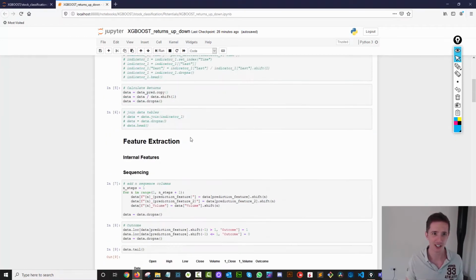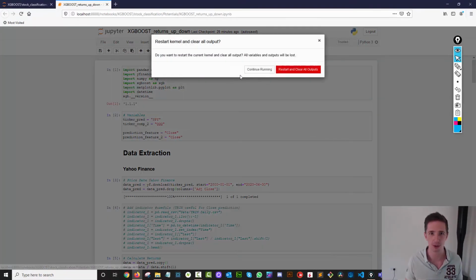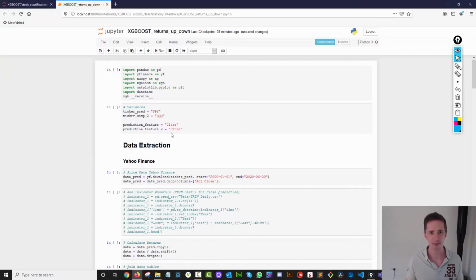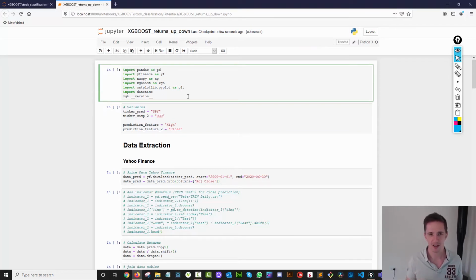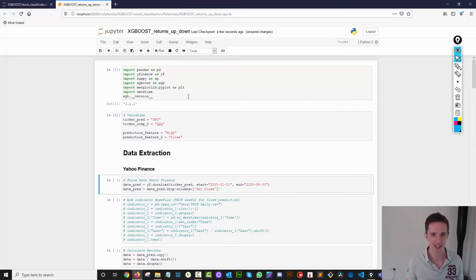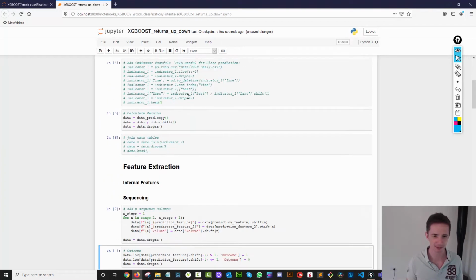Now, let's actually look at the good stuff. So the first change I want to make, and I'm going to reset all of this: instead of predicting the close, we're going to predict the high. So instead of telling the model, hey, I want you to predict whether tomorrow will be up or down from a close perspective, let's predict it from a high perspective. So let's run that now. And this is where it gets pretty exciting. So we're just going to plow through.